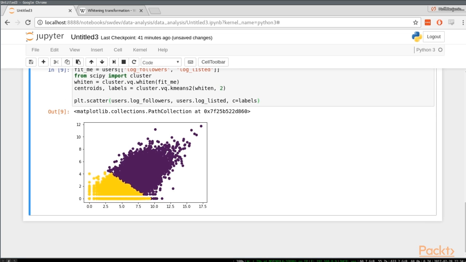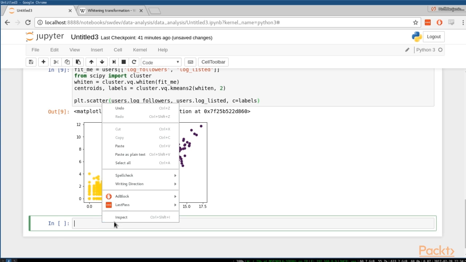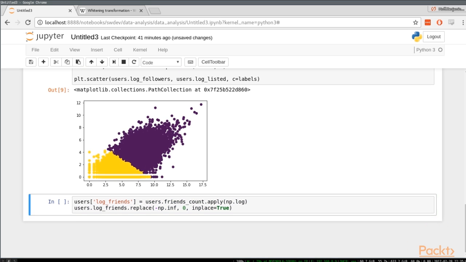So the nice thing about this algorithm is that we can throw in multiple dimensions worth of data. We can throw in more than just 2. So let's do that. We'll add in our friends. So we've got our followers, we've got our listed count, and now we'll add in our friends, because the more friends we have, the more likely influential we are. So we'll do the same thing, take the log of our friends,